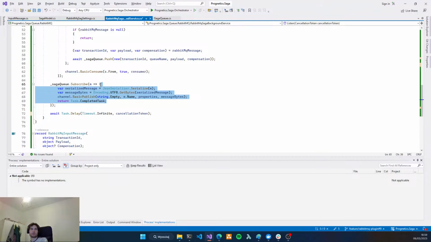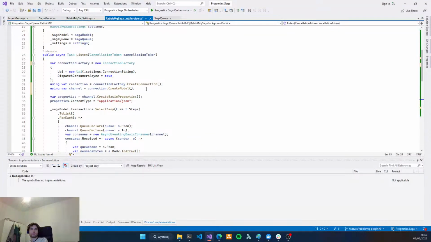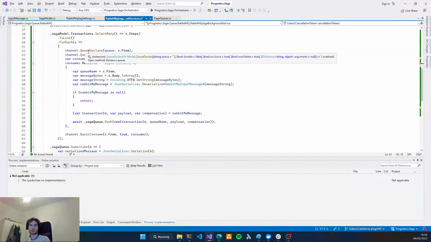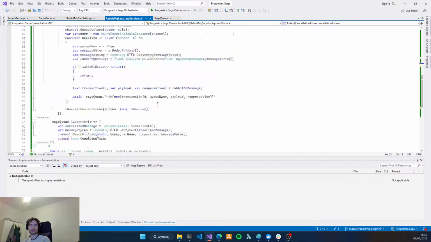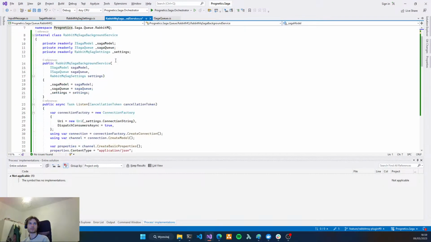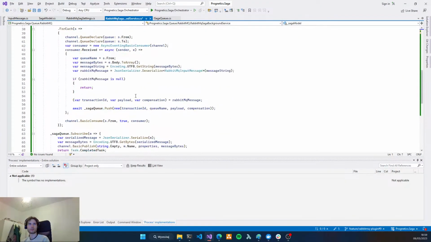We can move it to RabbitMQ subscriber, and maybe we also want to move some creation of the channel, but I think for the first working version it's okay. And next time we can do some test of whether our implementation works.